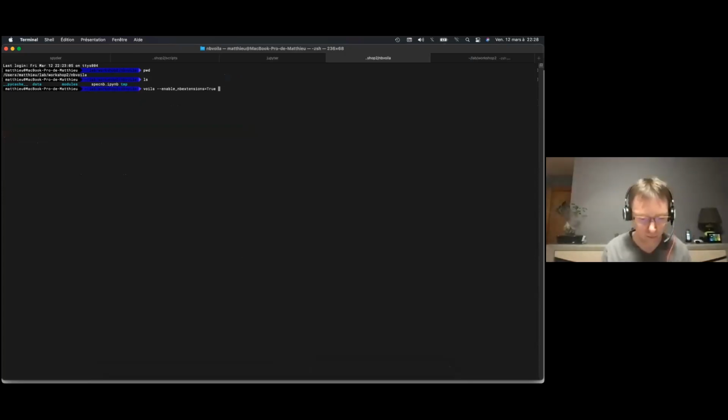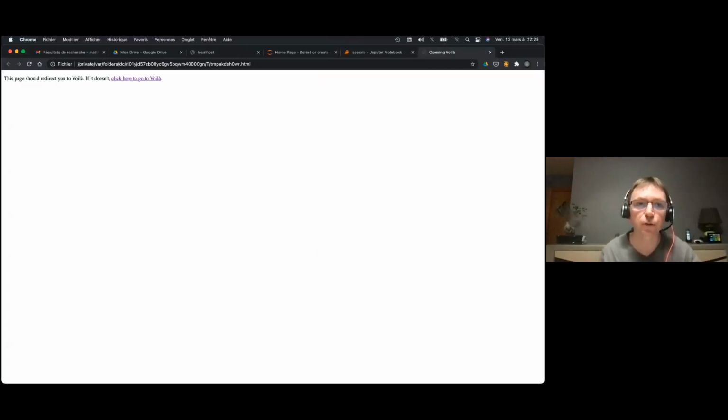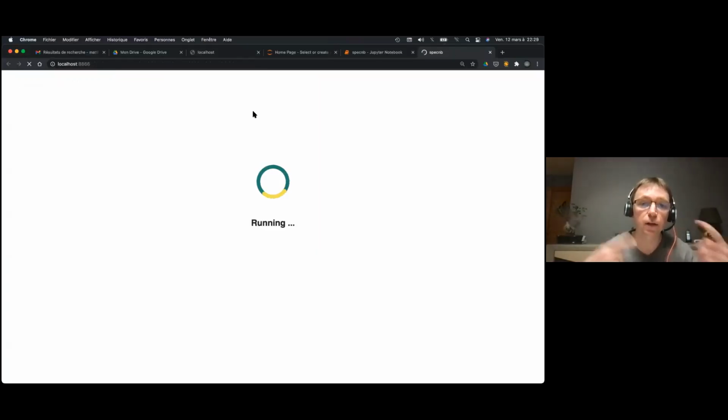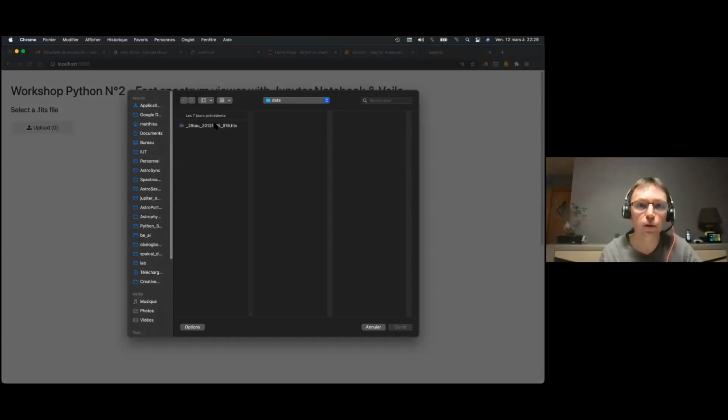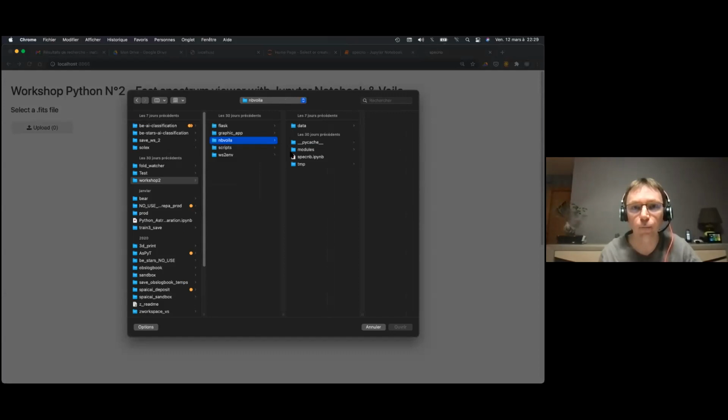my notebook, I launch it. I will start a new server, and it works. That's a good point. Okay, and here it is, our application with only the widget and the text. So I have my button, upload. I can select a file. So I am in the folder Voila,